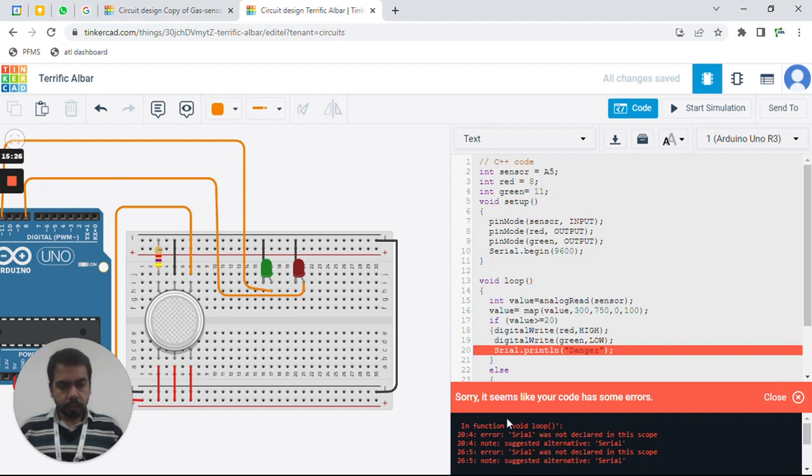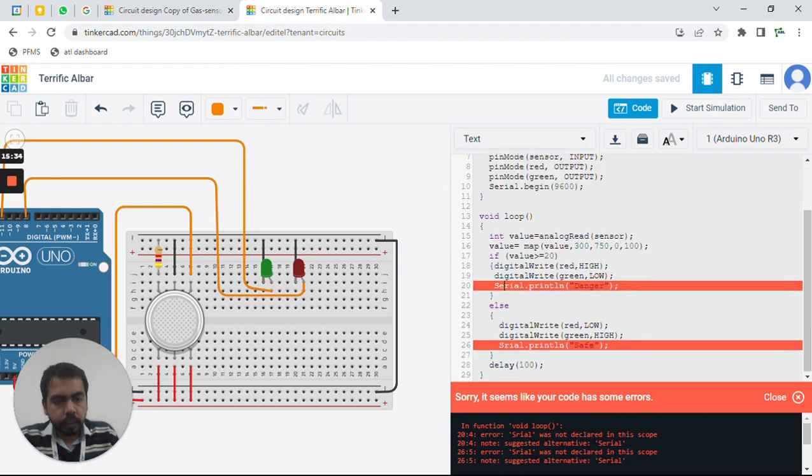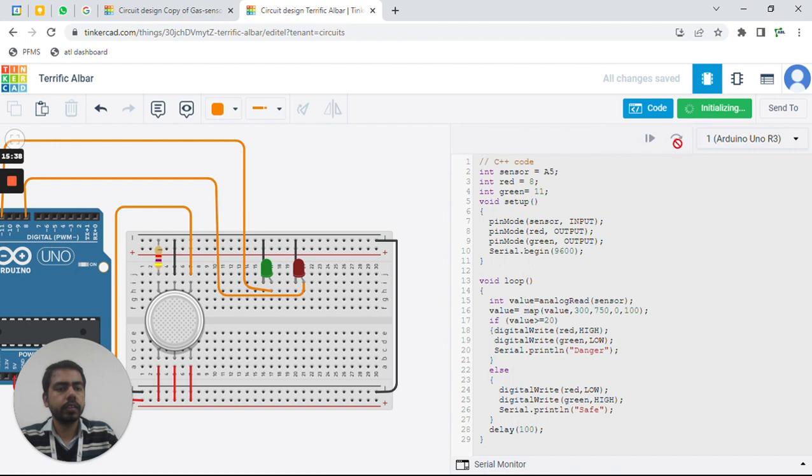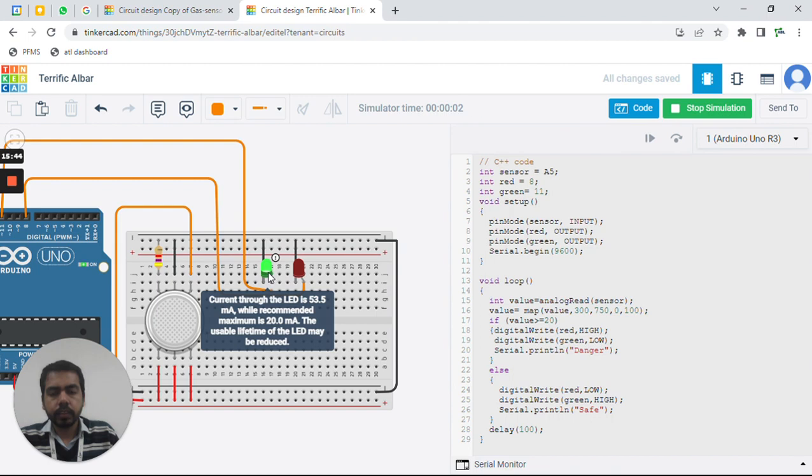So we have programmed it so far, and now let's check whether our programming is going to work fine or not. It is showing some error. So here is the error, E is missing, and here also E is missing.